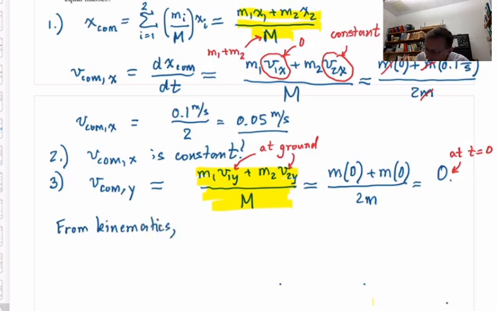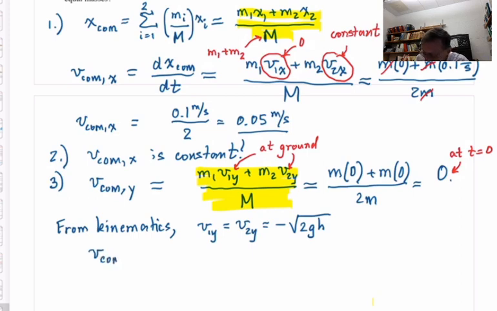particle 1's y velocity and particle 2's y velocity will both be the same. It'll be negative square root of 2gh. Negative, right? Downward. Square root of 2gh, where h is the initial height. And they're the same. Okay? The particles are undergoing the same vertical motion. So we plug that expression in for v1y and v2y. Let's see what we get then